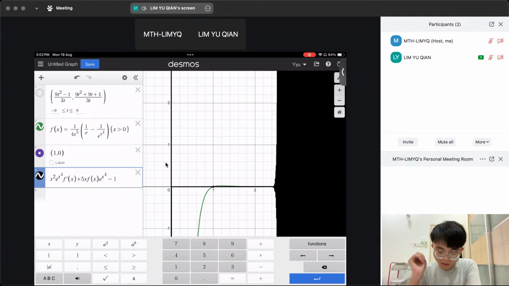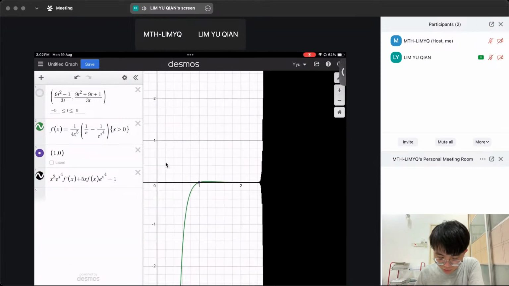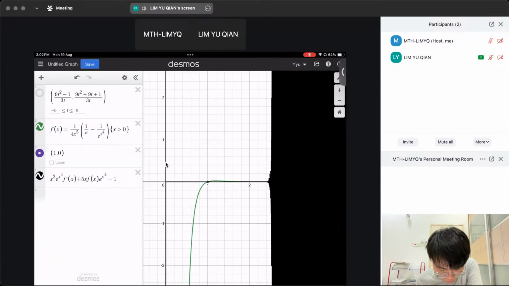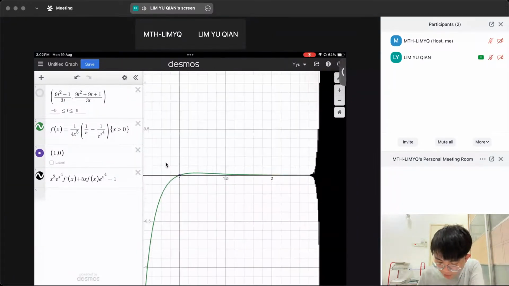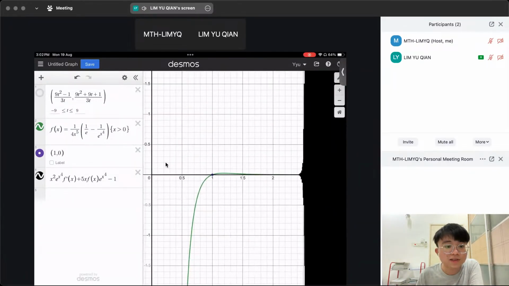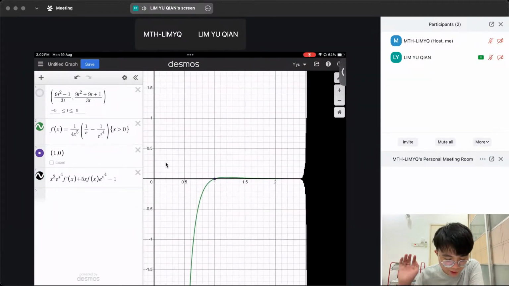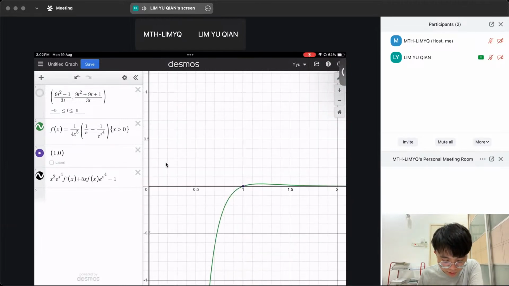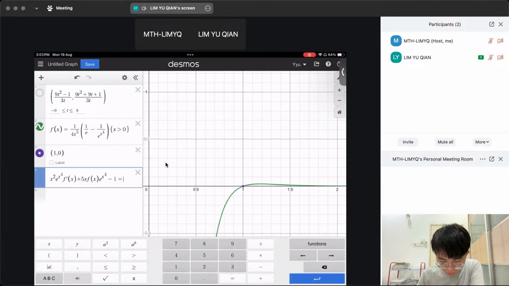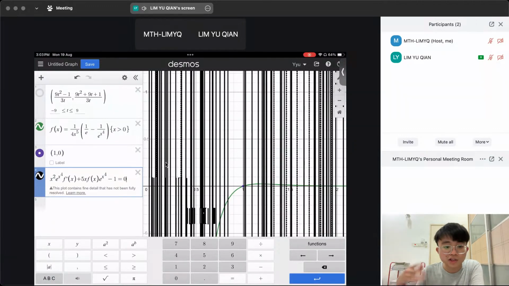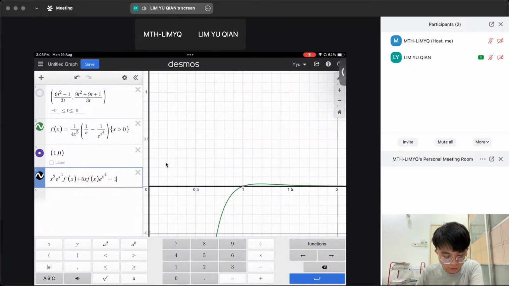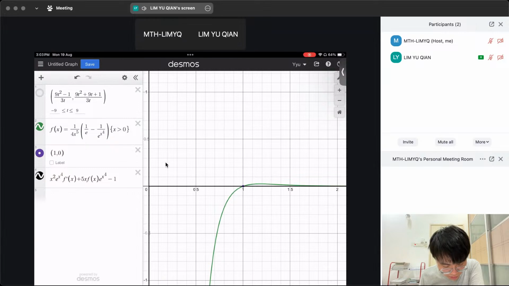Let me think about that. Okay, that's okay, never mind. It is good enough. As long as you can show that this is equal to 0. Just some not nice behavior over there, but I think that's okay. So just focus on this part only. This one you should get equal to 0. If you put 0, there will be so many points, which actually means it is true already, because so many values are correct. So there will be a correct one.